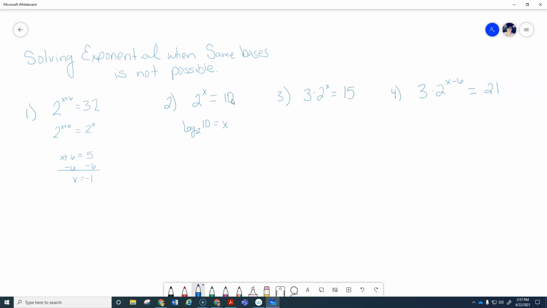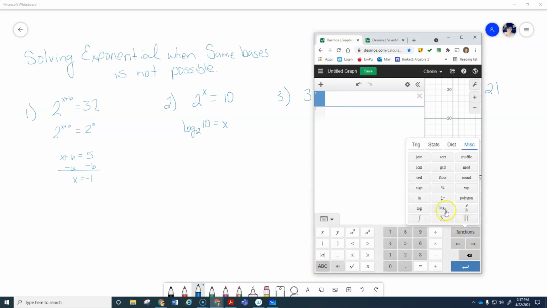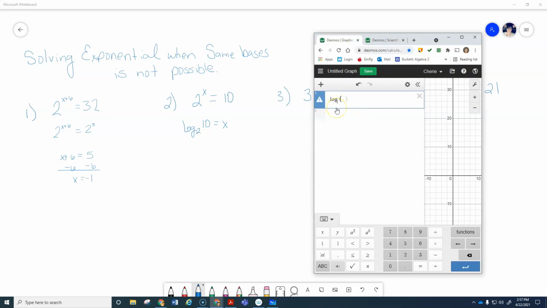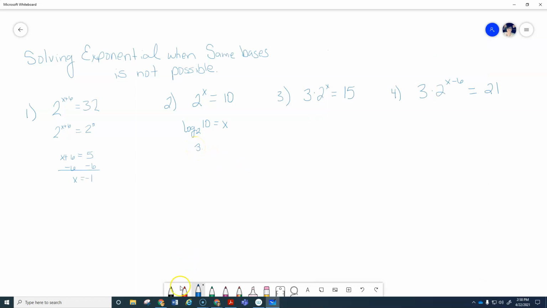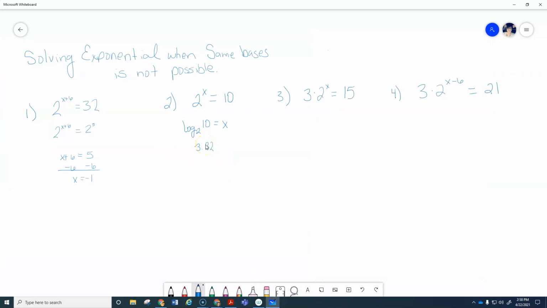numbers switch places. And now this has to be evaluated using a calculator, and which calculator you choose to use will determine how you do it. If you're using this Desmos graphing calculator, then it's just a matter of finding the log function that gives you the ability to type in the base, and that ends up having a value of 3.32. Want to round to 2 decimal places. So this log base 2 of 10 is about